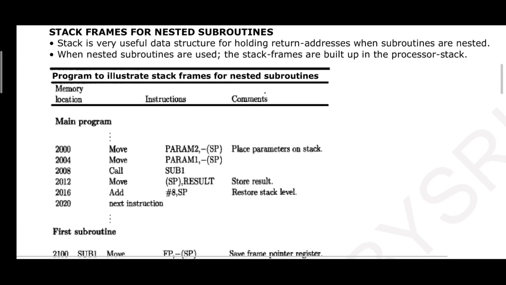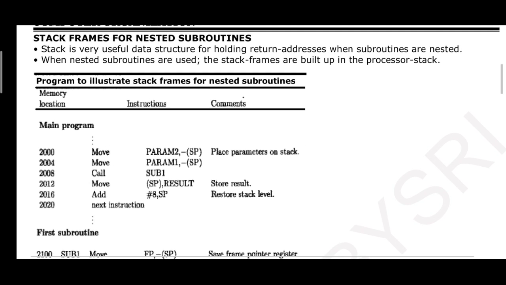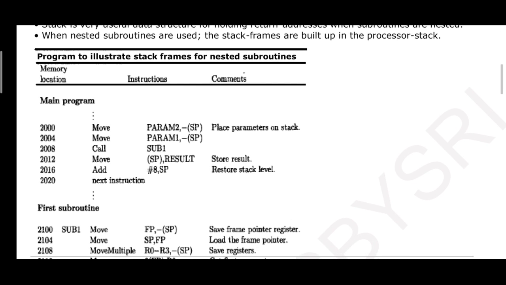Next is the stack frame and nested subroutine. Nesting, what is nesting? Inserting one inside the other. Inserting a subroutine inside another subroutine, or making a call from one subroutine to another subroutine, is called nesting. Nested loops, nested if statements and all we have studied earlier. Nested stands for one inside the other, right? One subroutine can make a call for another subroutine, like a chain, and finally it can deliver the result back to the main function or its calling function, whatever. So it is called a nested subroutine.